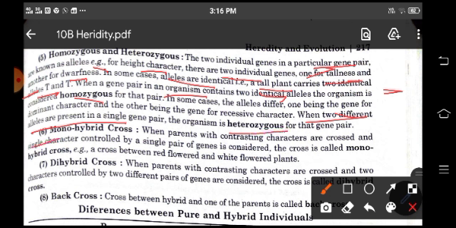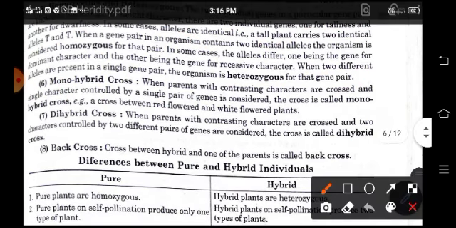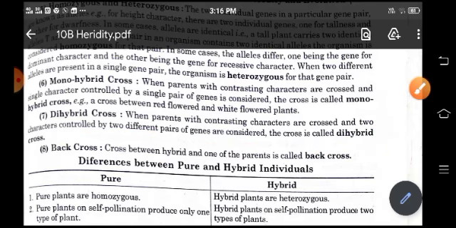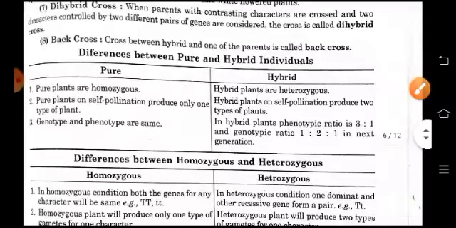Monohybrid cross: when parents with contrasting characters are crossed and a single character is controlled by a single pair of genes, the cross is called a monohybrid cross. Dihybrid cross means when two characters controlled by two different pairs of genes are considered, the cross is called a dihybrid cross. A cross between a hybrid and one of the parents is called a back cross. The difference between pure and hybrid individuals, the difference between homozygous and